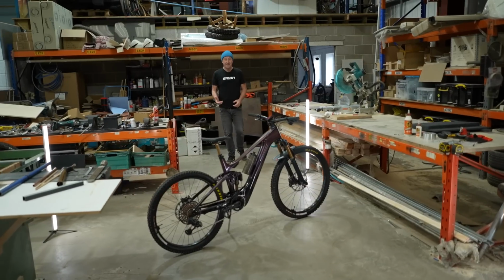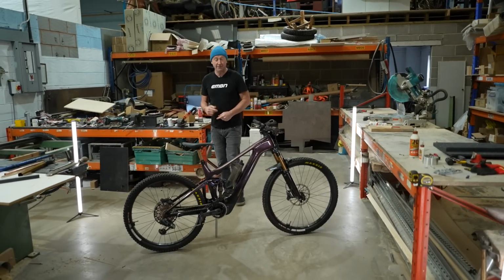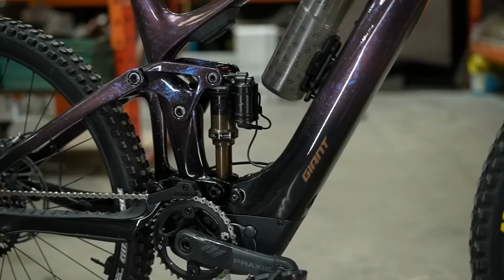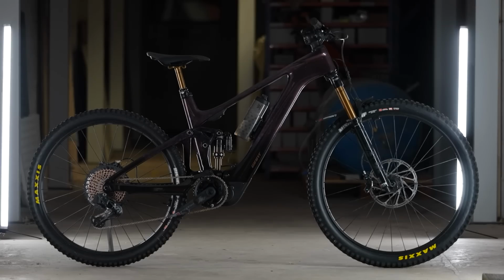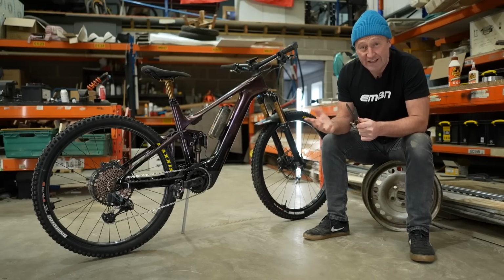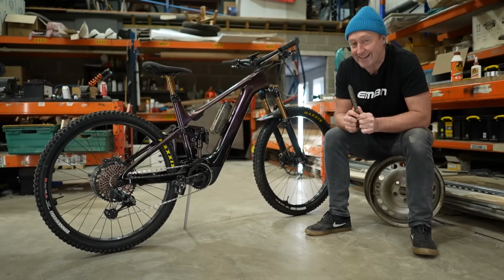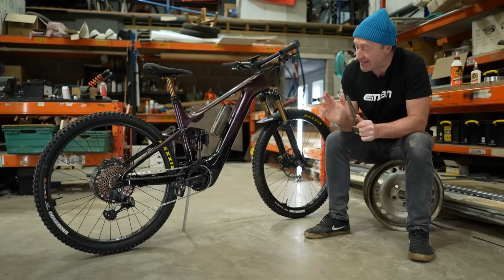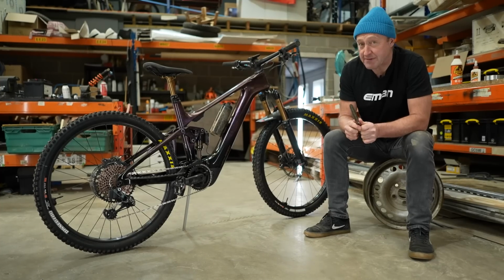In a time when riders are increasingly torn about just what eMTB to buy, low power or high power, then this is actually a very important bike. So today, I'm going to take you through the facts to help you decide. So what am I going to do? Am I going to talk about wheel size, geometry, suspension? Nope. I'm going to cut through all that and get to the source of this bike. And that is the fact that this can actually be a high power eMTB or a low power eMTB,